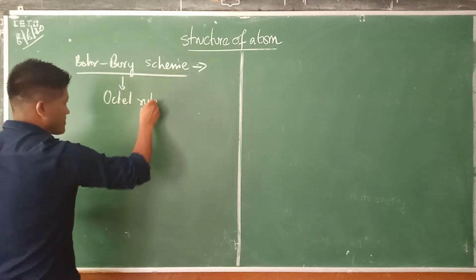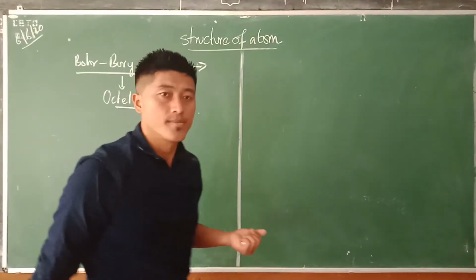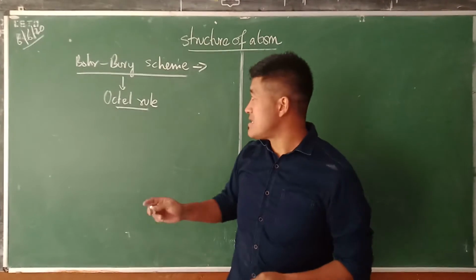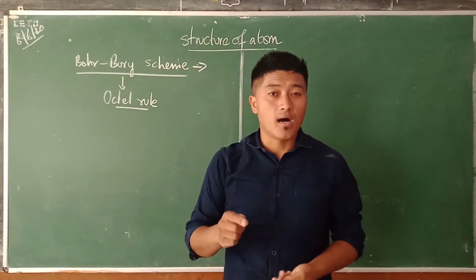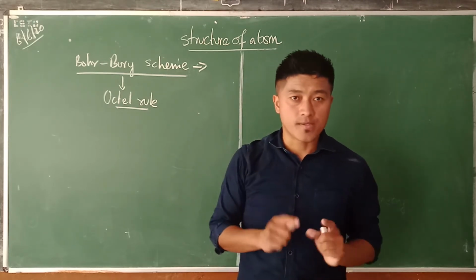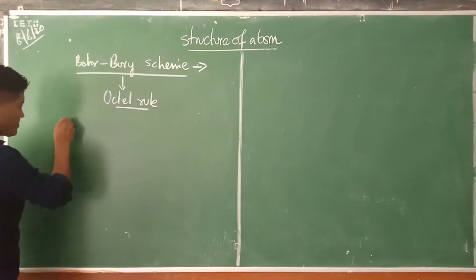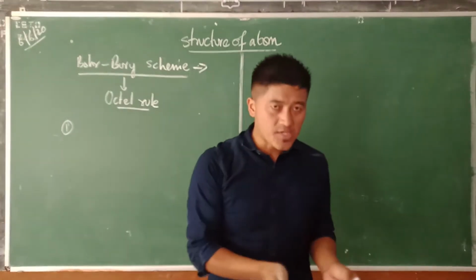Now we should discuss this scheme, because it is an attempt by scientists to explain the arrangement of the electrons within an atom. According to the Bohr-Bury scheme, number one, whenever we are filling electrons in an atom,